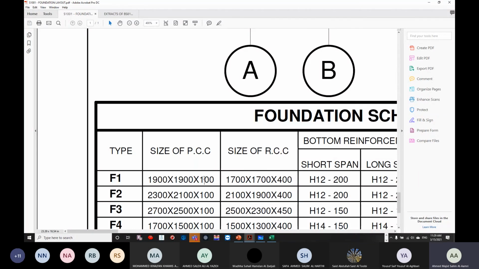Okay, now the PCC is always going to be 100 millimeter extra from each side. So if the RCC is 1700, I'll take 100 millimeter from the right, 100 millimeter from the left. That will give me 1900. For 2100, once again, 100 millimeter from the left, 100 millimeter from the right. Okay, that will give you 2300. So we are taking 100 mm extra than the size of the RCC. That's going to be the size of your PCC. I'm taking 100 mm extension from all the sides, and the depth is going to be 100 mm. Okay,